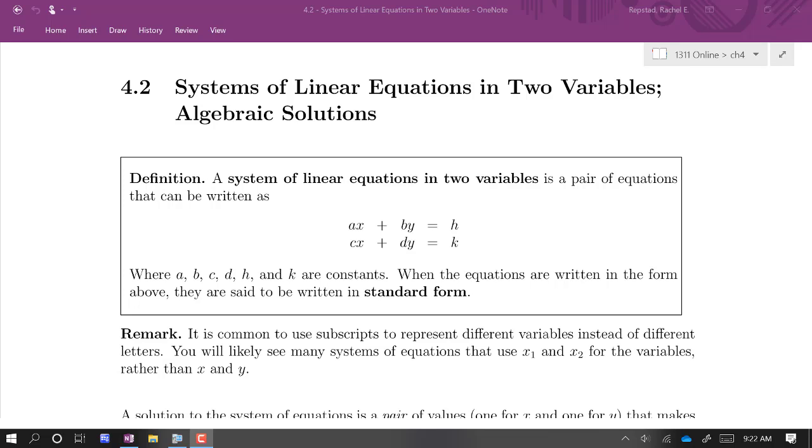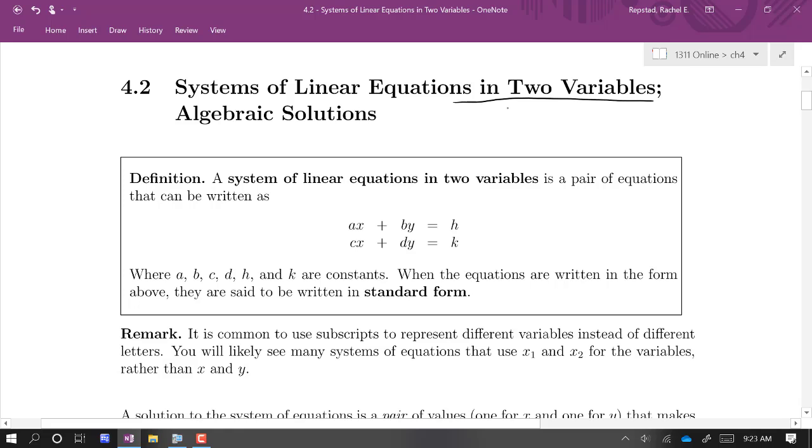In this section, we're going to learn about systems of linear equations in two variables. Last time, in the last section, we looked at a single linear equation in two variables. We saw that its graph in the plane was a line. Now we're going to look at a system of two equations in two variables, and usually